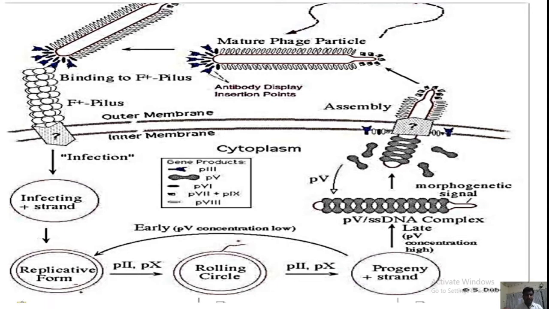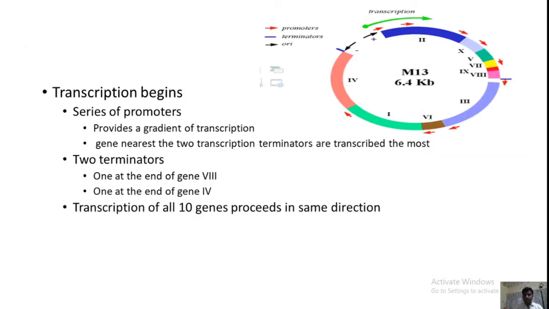Talking about the transcription of the various genes, we can go back to the genome of the bacteriophage that is here. See these red arrows. These are the various promoters that are present within the genome of the bacteriophage. See this is the promoter for fourth gene. This is the promoter for gene 1. This is the promoter for sixth gene. This is the promoter for third one. This is the promoter for eighth, and so on.